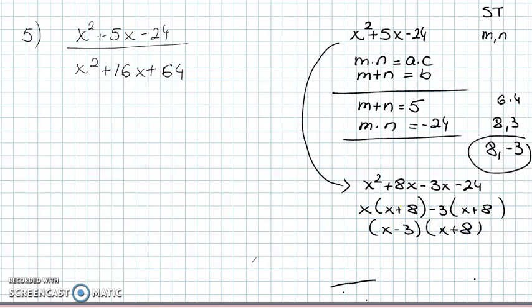Now notice here, I have a shortcut. See here, 8 and negative 3. Look, I have here 8 and negative 3. So you can go straight from finding m and n to writing your expression. So my first expression in the numerator is x minus 3 times x plus 8. Okay, let's factor the denominator. So denominator